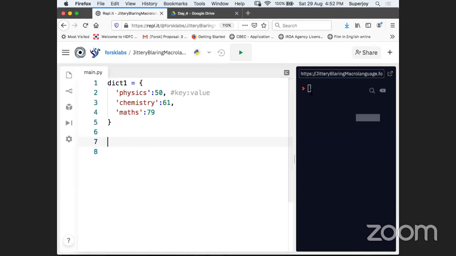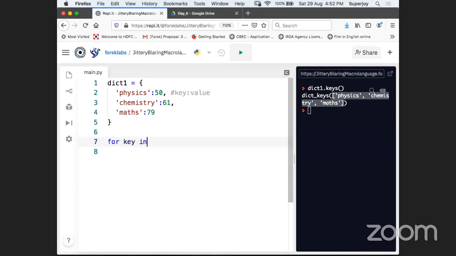You can call a method called dict1.keys. Can you see? dict1 dot keys. And now can you see, guys, we are only getting a list of keys. Okay, and if I want, I can run a loop and print the key names one by one. So how can I do that, guys?